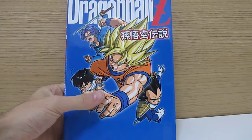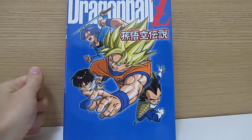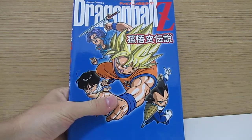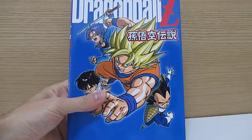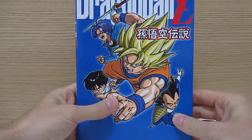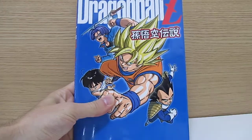So in this video I'm going to be looking at the Dragon Ball Z Complete TV Guide, or if I say it in Japanese, it says Jump Comics Dragon Ball Z Terebi Anime Kanzen Gaido Songoku Densetsu, which literally means Legend of Goku, and this, as the name suggests, is basically just a complete guide to the Dragon Ball Z